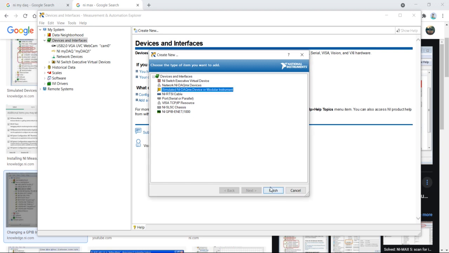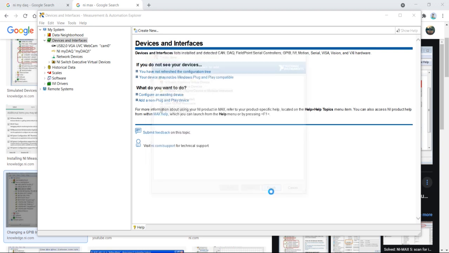Now select simulated NI DAQmx device and hit the Finish button.